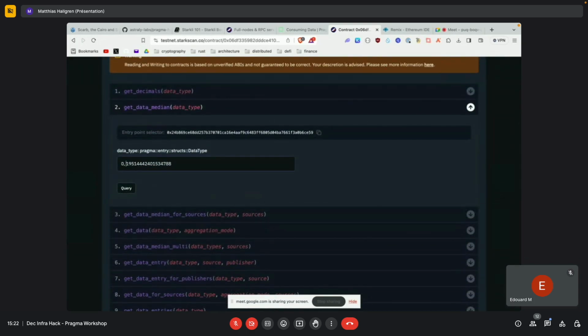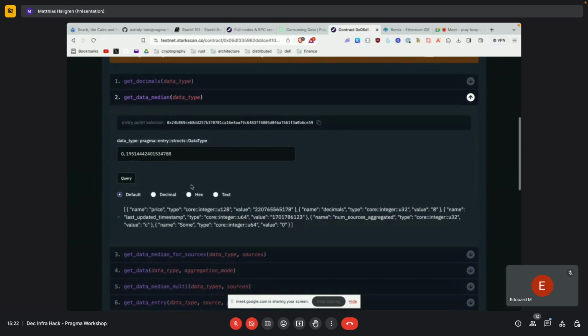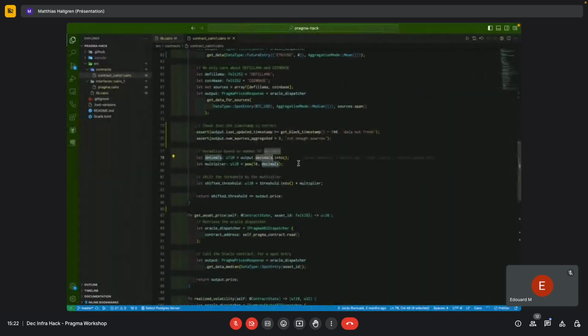Okay, so I introduce 0 because it's an enum. And you can see here the value for the price is this. So we have this, and it has 8 decimals, right? 1, 2, 3, 4, 5, 6, 7, 8. So this is the price of ETH, but you might want to multiply